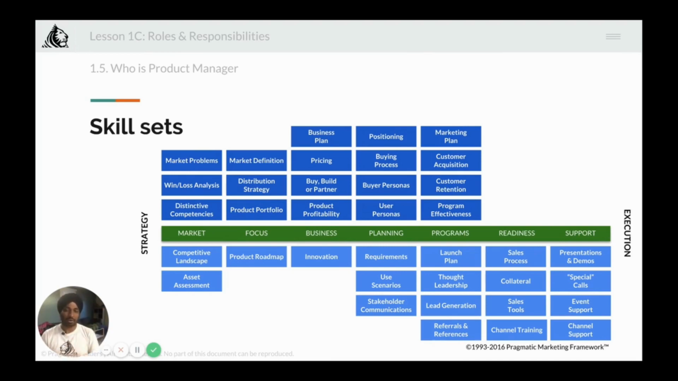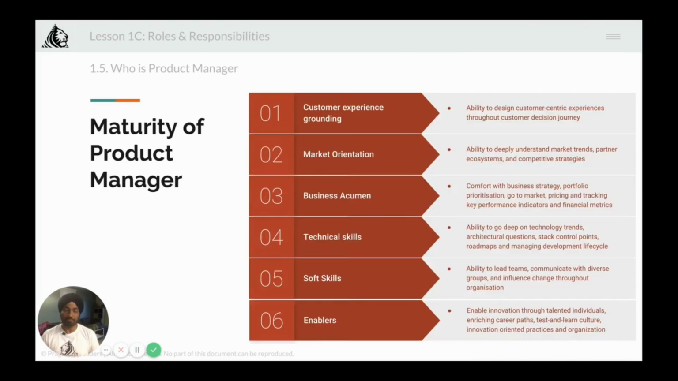A good product manager ends up doing almost all of these things, and some in a very detailed fashion, and some in a very shallow fashion. But you never know how deep you have to go in product portfolio, or how deep you have to go into user personas. It depends on the company to company, product to product. The maturity of a product manager, when you're going through all these skills, you know,